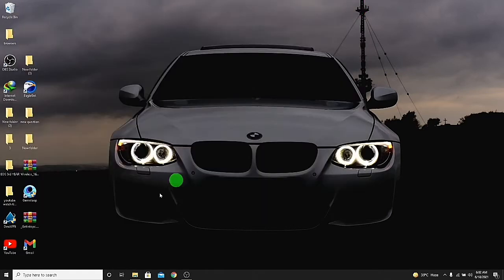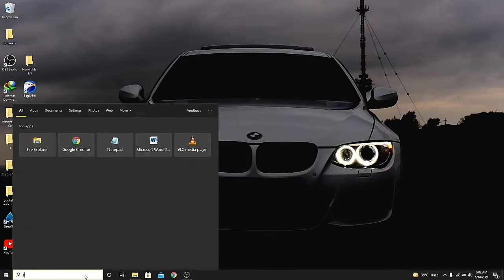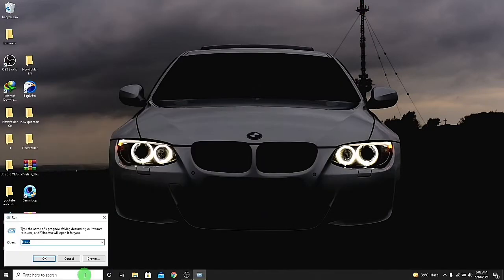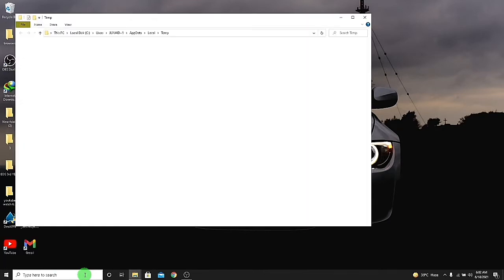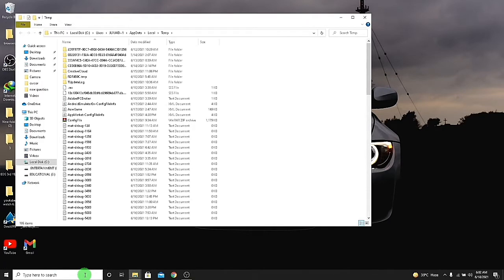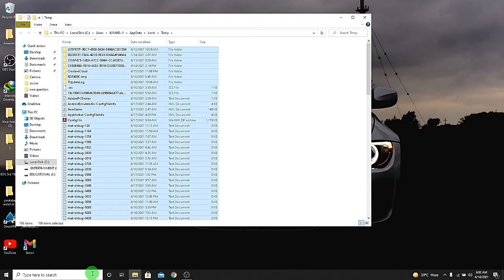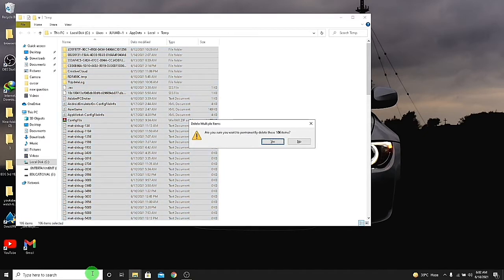After this, go to the start menu, type run and press enter, and now type %TEMP% and press enter. Select all the files by Ctrl plus A and press Shift plus Delete. Delete them permanently.